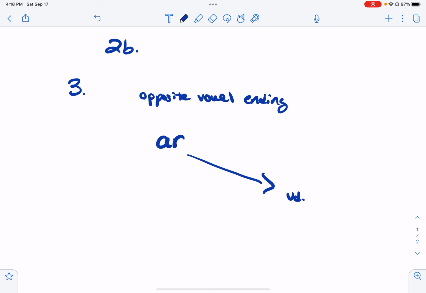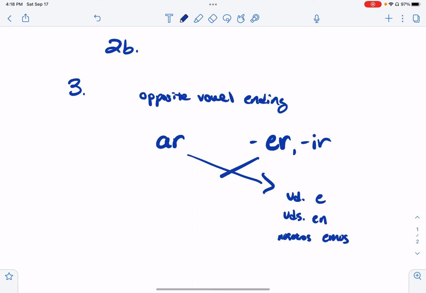For an usted command, it'll switch to an E. For an ustedes command, it'll switch to EN. For a nosotros command, it'll switch to emos. And then for verbs that end in ER or IR, the opposite would be